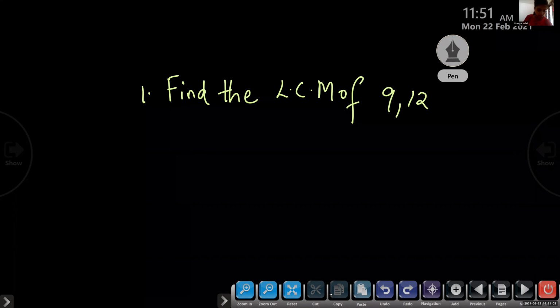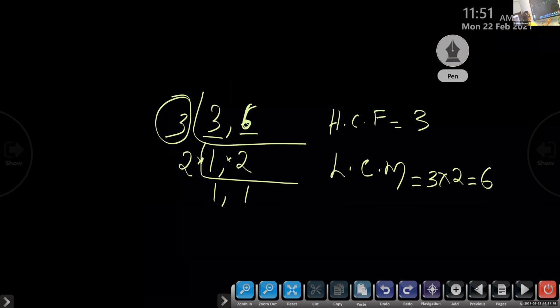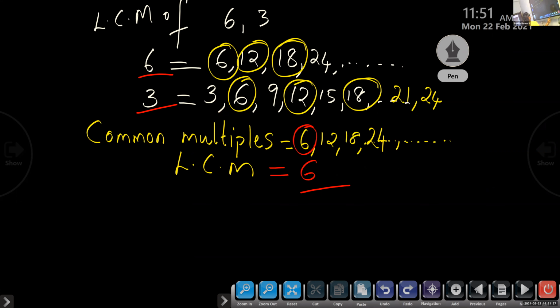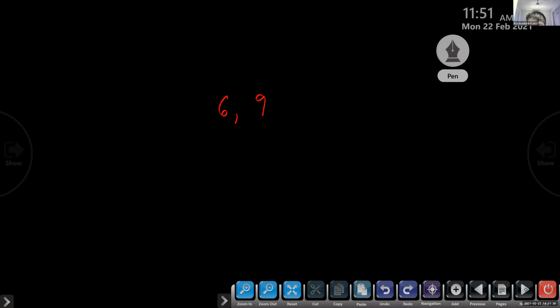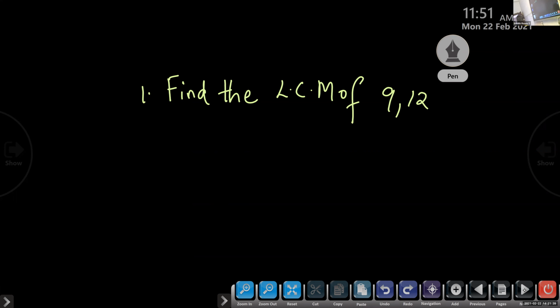Children, you can use two methods. One, I told you, write the multiples; the other, the division method. Look here, we have discussed two methods. One is prime factorization, and the other is writing the multiples and then finding the least. Children, to practice, do only one or two questions this way. In the other questions, to find the LCM, you can use whichever method. Okay? Okay, ma'am.